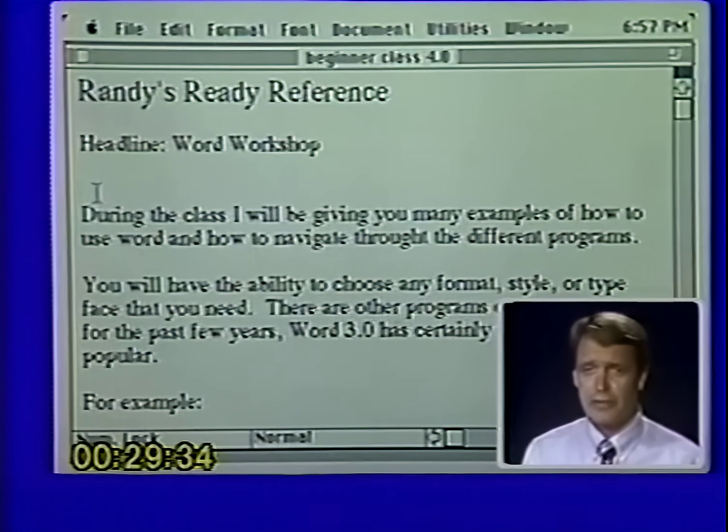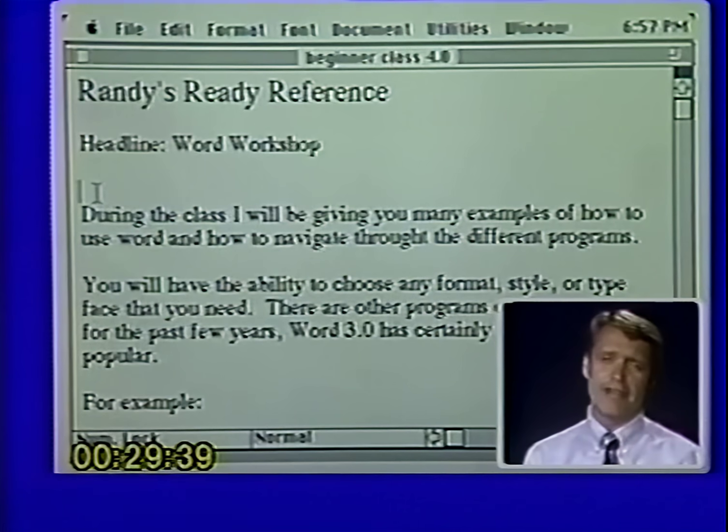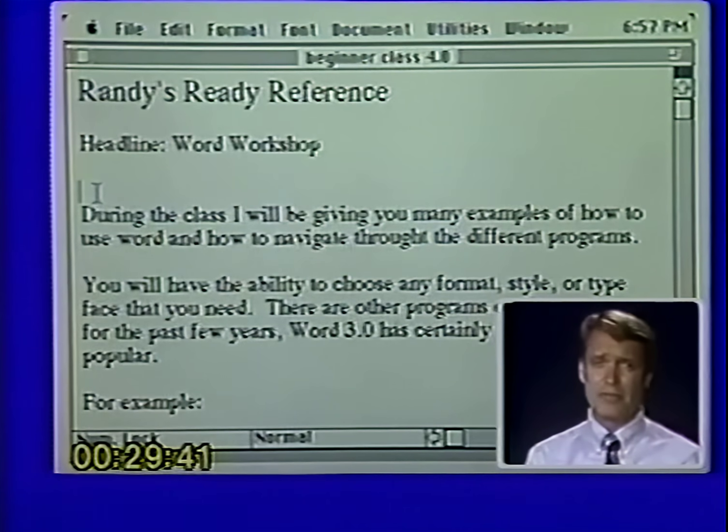Now let me just talk to you for just a moment without using perhaps the computer here. I've found that the Macintosh computer is an icon-driven machine. What that basically means is it works in pictures. I've found working over the last few years there are two kinds of people. There are some people that think in pictures and there are others that think in numbers or words. Well, Macintosh thinks in pictures.